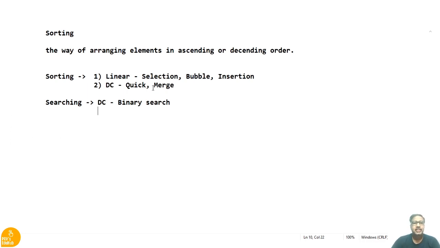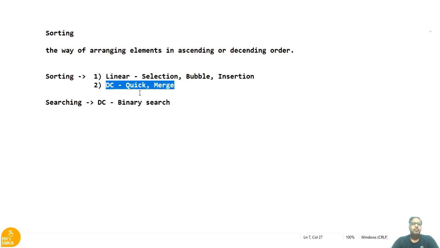Coming to sorting techniques, linear sorting, as the name itself tells you, means the sorting process will go in a linear fashion. In the case of divide and conquer, the list of elements is divided into two or more sub elements. Then the sorting is performed on those sub elements, so that at the end of several iterations, the list will become the sorted list. This is the basic idea of divide and conquer.